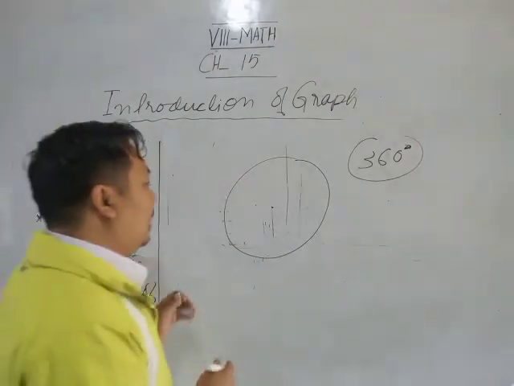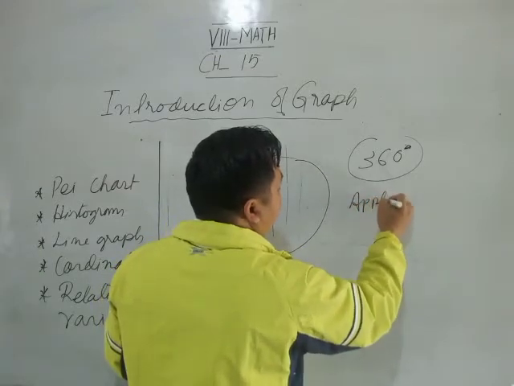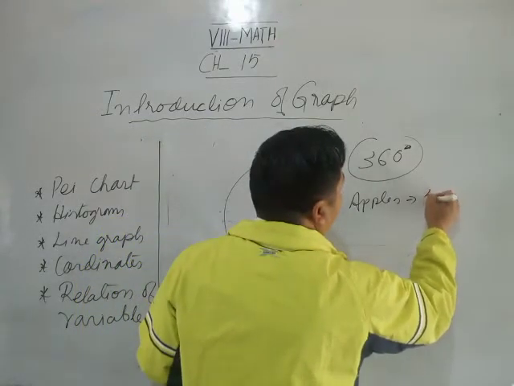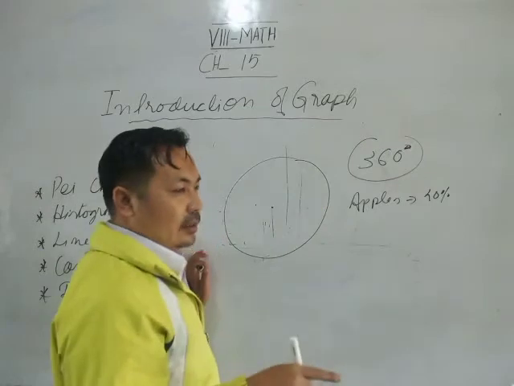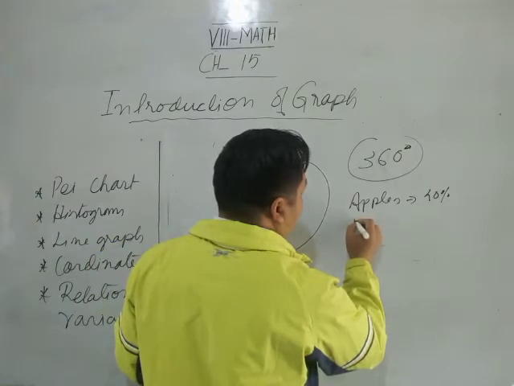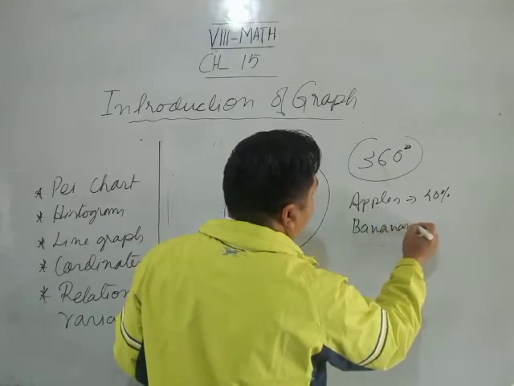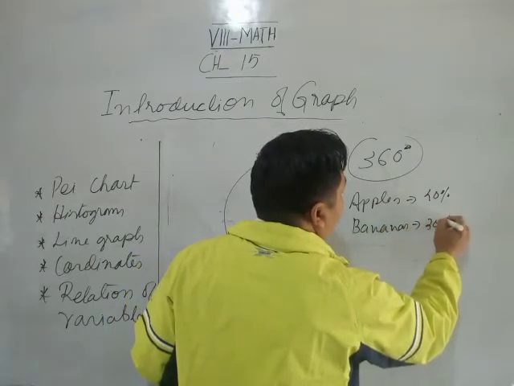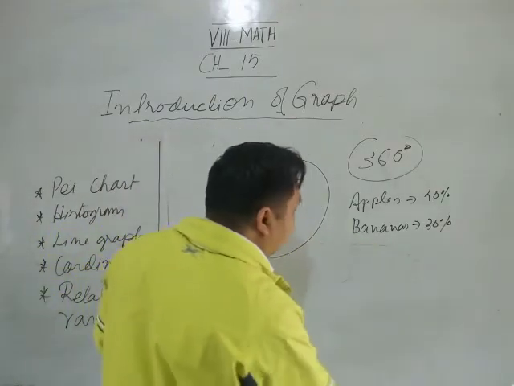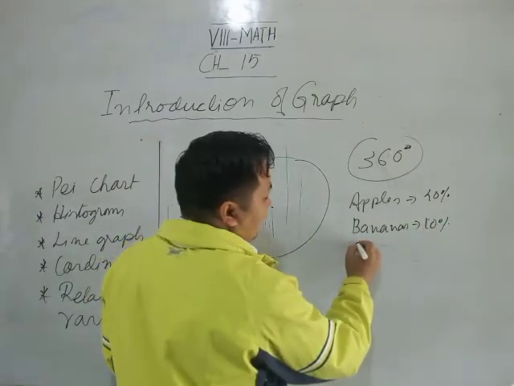For example, let us say that some students like apples. How many students? We don't know. Let us say that 40% of the students in a class like apples, and let us say that 30% of students like bananas, and then let us say only 10% of the students like the bananas, and let us say that